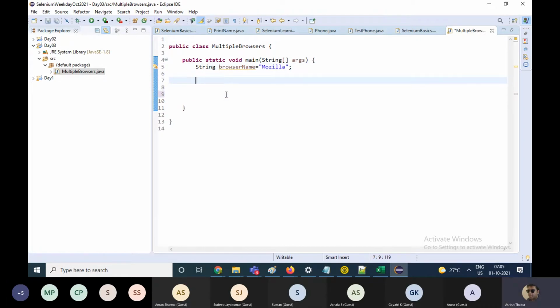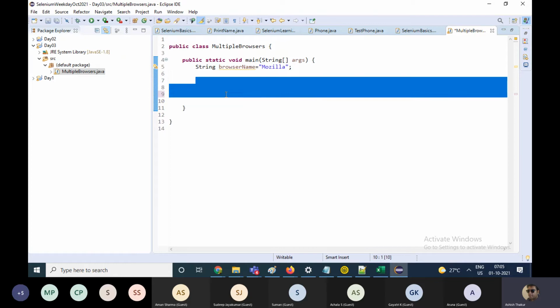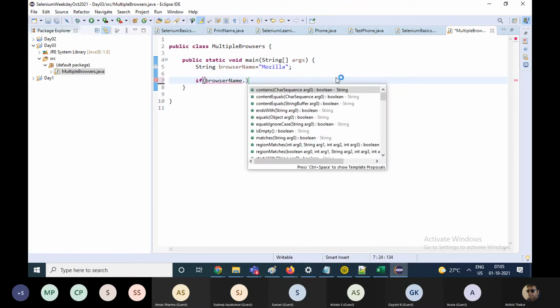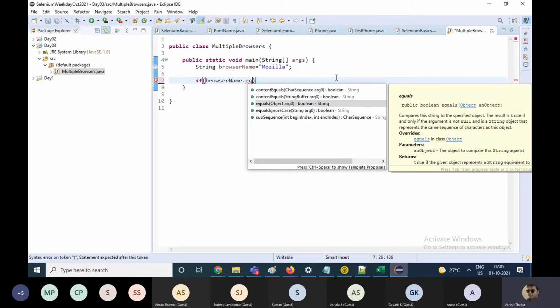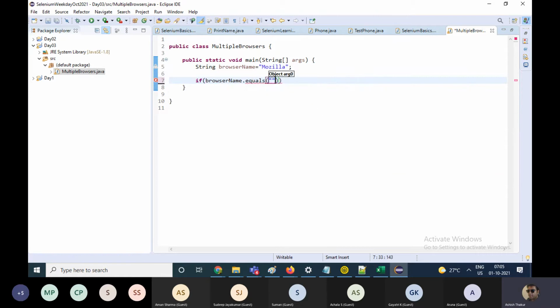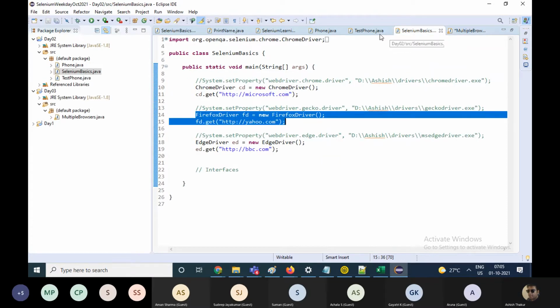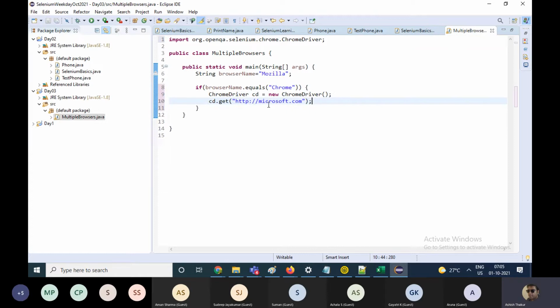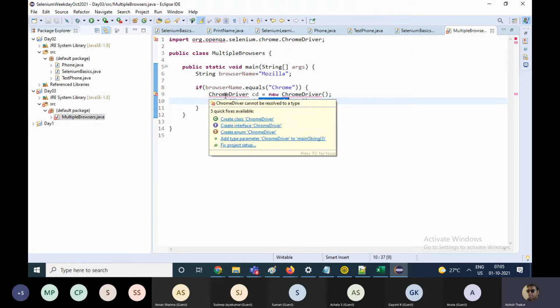A simple general logic says that you can put an if statement: if browser name is equal to Chrome, in that case you launch the Chrome browser and take it to some website, Microsoft.com.